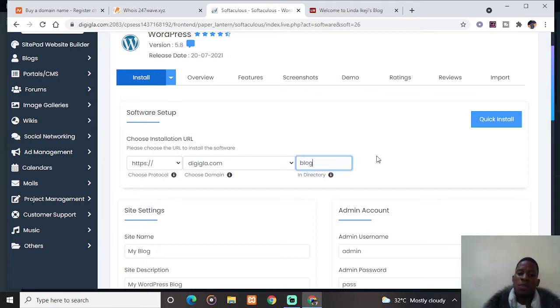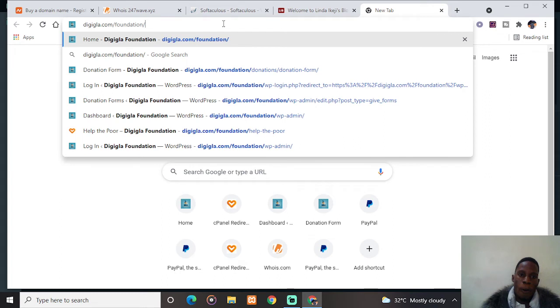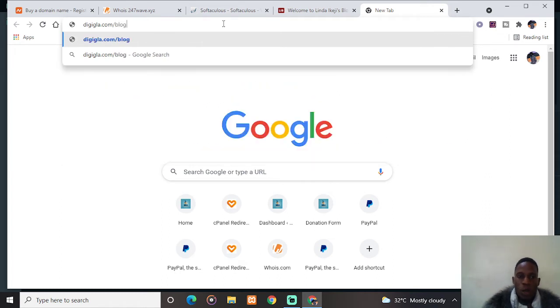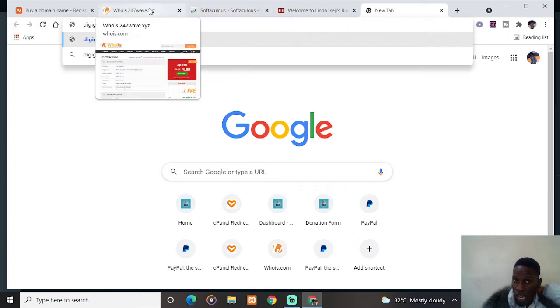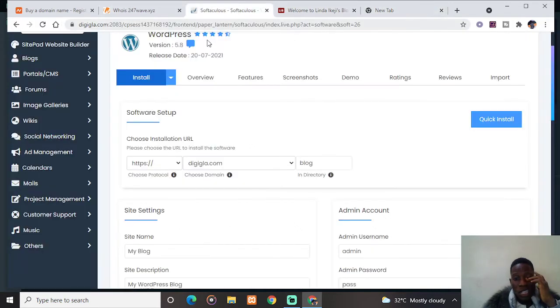So now what it simply means is this: if someone is looking for our blog, the person has to search for digiglar.com/blog. That is how the website will show. Let me open it and show you. digiglar.com/blog. This is how the website will look like, because if you do not want to use your main domain for this purpose,